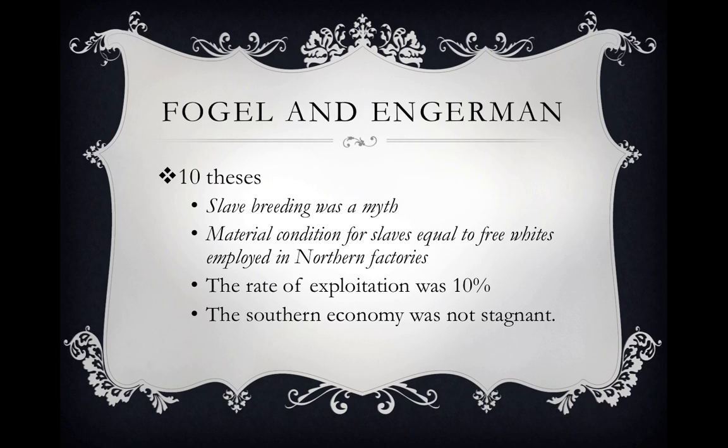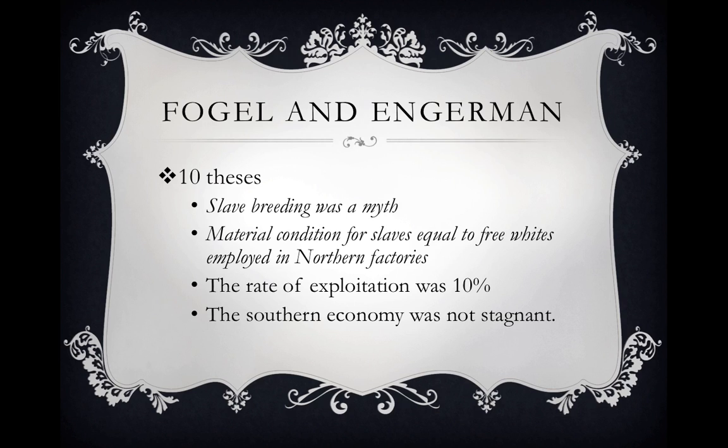I find it hard to believe, because also I don't know the scope of this, but to say that slave breeding did not exist just doesn't make sense, particularly when Fogel and Engerman make the argument that plantation owners were economically rational individuals. Let's take this out of the context of a slave system. Remember, we're talking about a system where people were treated as if they were property and they were cattle and they were livestock. Let me ask you this.